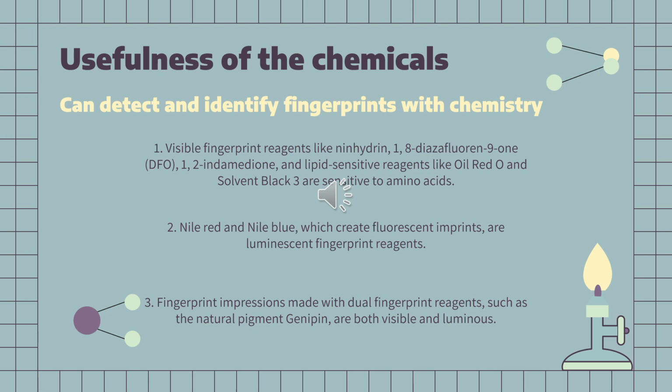So these are the usefulness of the chemicals that can detect and identify fingerprints with chemistry. Number one is visible fingerprint reagents like ninhydrin. Ninhydrin is the most widely used chemical reagent for the detection of latent fingerprint marks on porous surfaces such as paper and cardboard, and lipid sensitive reagents like oil red and solvent black that are sensitive to amino acids. Number two is the Nile red and Nile blue, which collect fluorescent imprints,